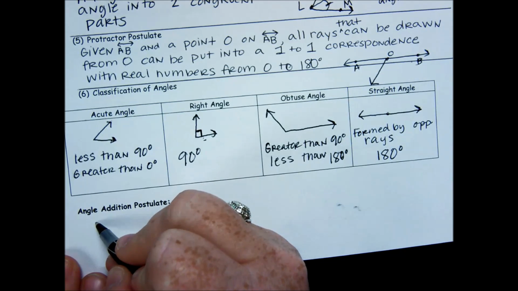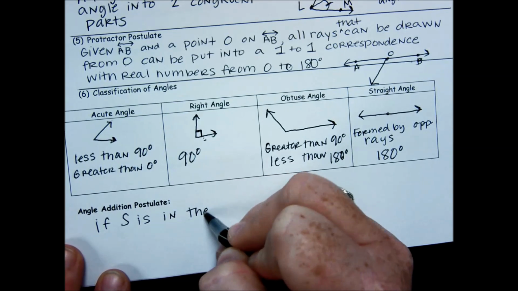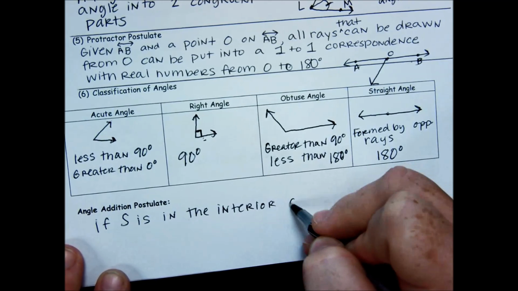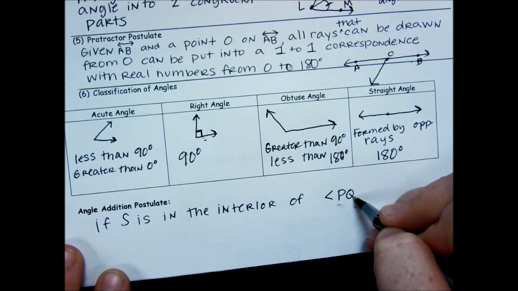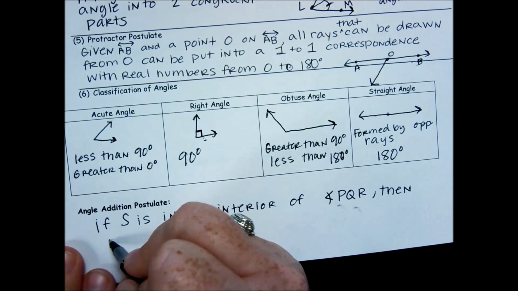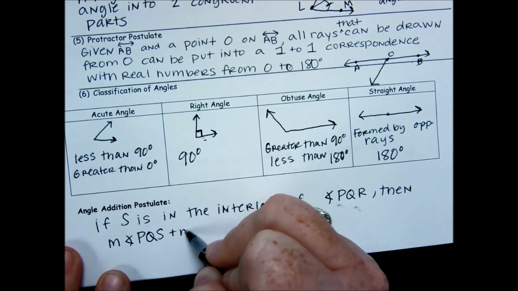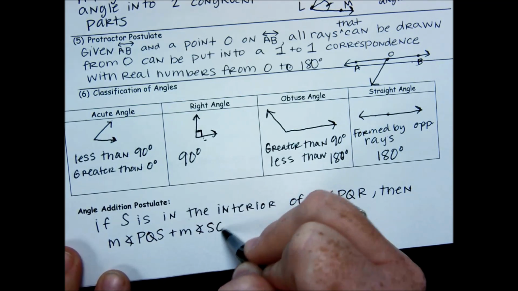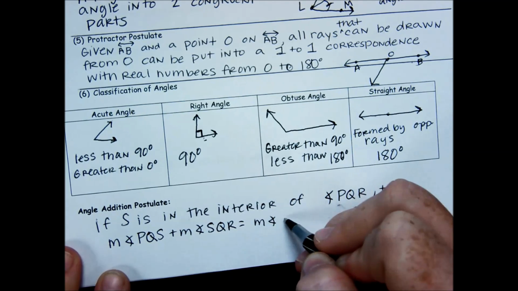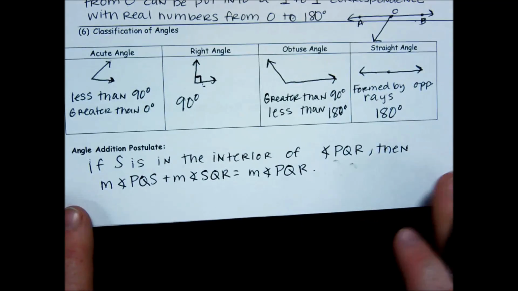So that says that if S is in the interior of angle PQR, then the measure of angle PQS plus the measure of angle SQR is equal to the measure of angle PQR. So it probably doesn't make a lot of sense when you're just reading it, but let's draw a picture